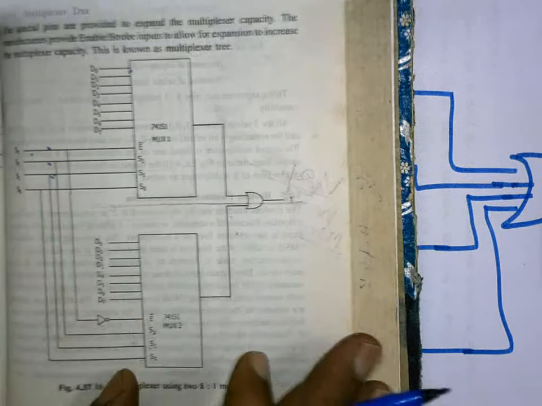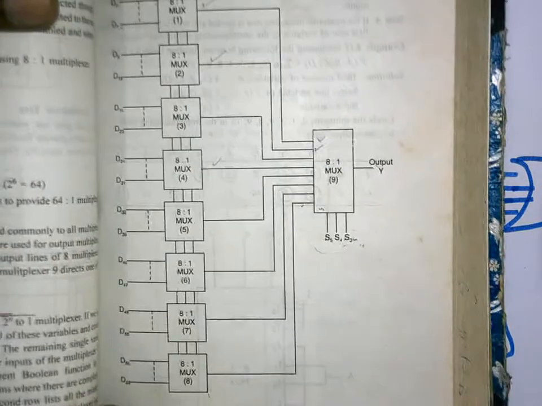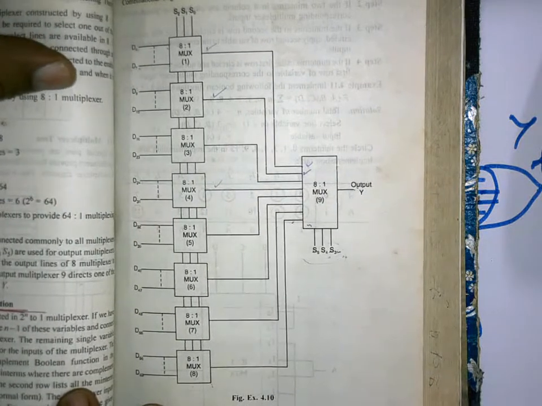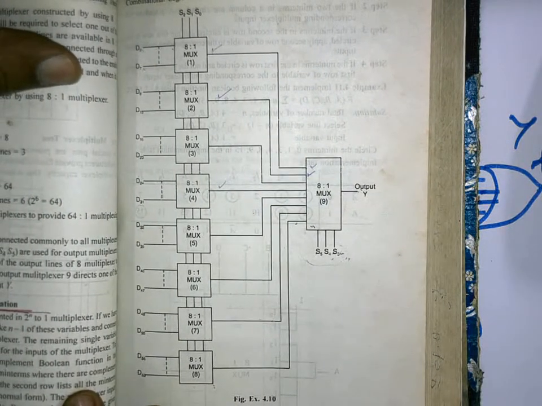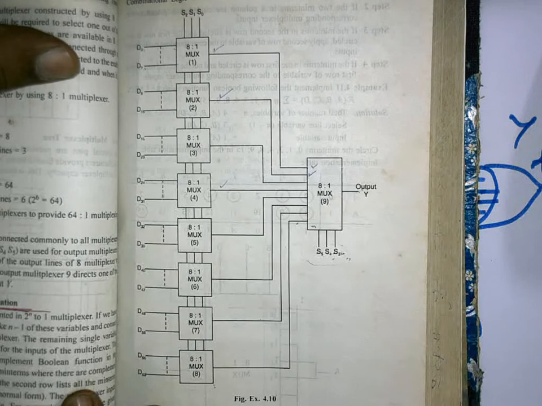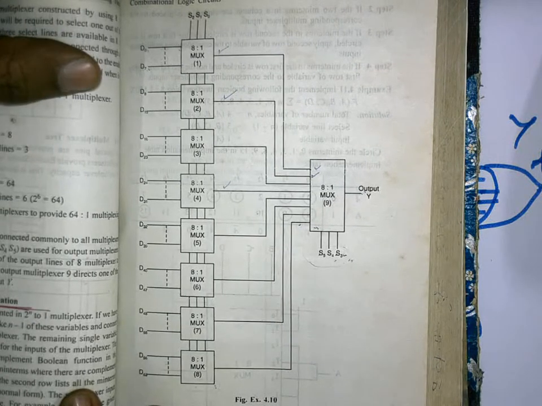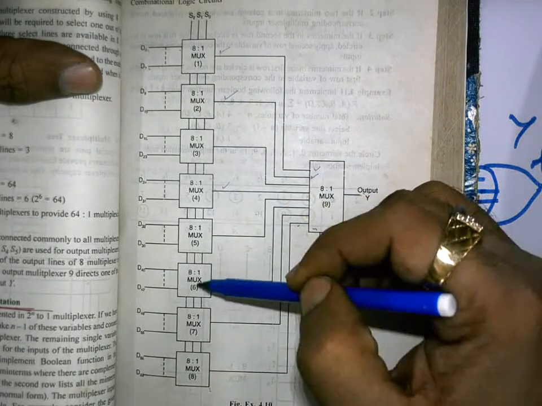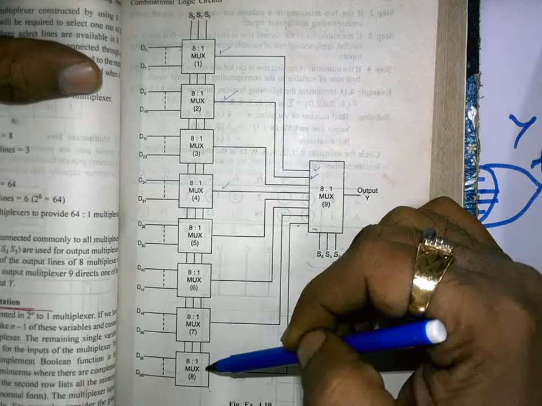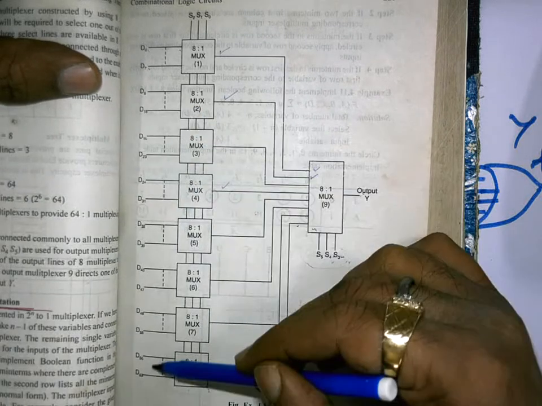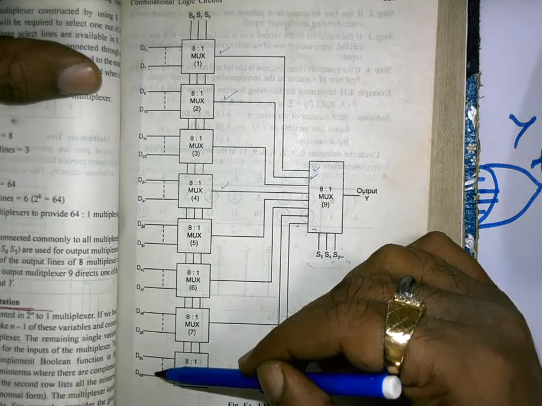Okay. I am simply giving you another picture to show this. Suppose I have many 8:1 muxes and I am willing to make a 64:1 mux. Okay, all these are 8:1 muxes. Is it appearing clearly to you or not? We have 1 2 3 4 5 6 7 8 multiplexers. 8 8:1 multiplexers are making 64 input lines. But how are these 64 input lines controlled?